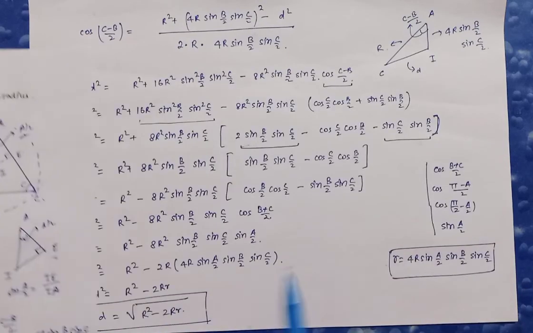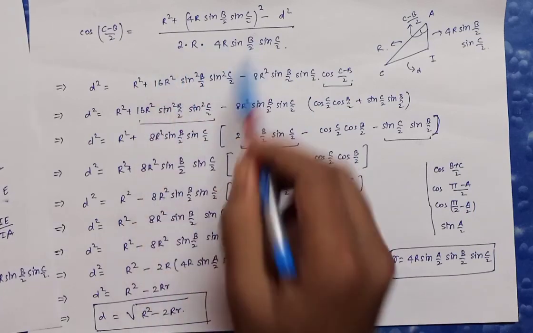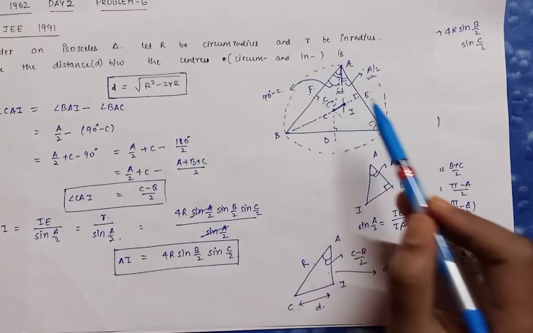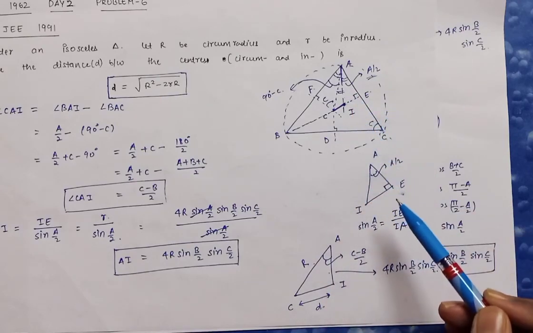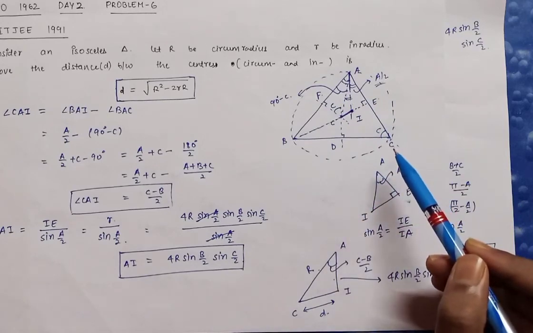You can see a bit of calculation was required here when we got to the cosine rule, while in the first part the geometry was a bit tricky because we had to figure out what type of angle and what type of triangle we have to solve. So this was the proof of this problem.